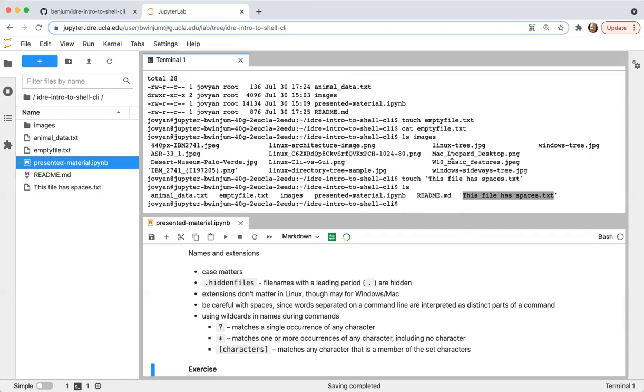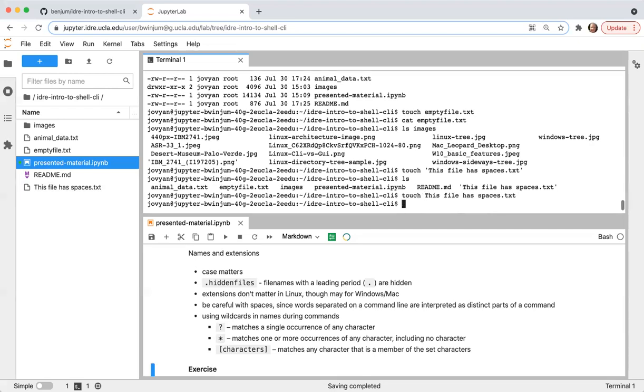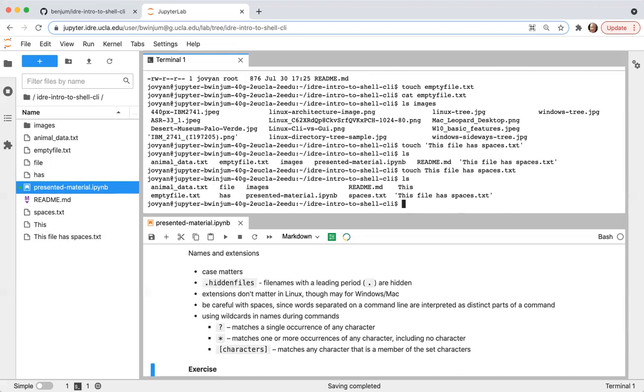Let me try this without the quote marks. It didn't give me an error. But what did happen? It did something kind of funny. It created separate files called this, file, as, and spaces.txt.